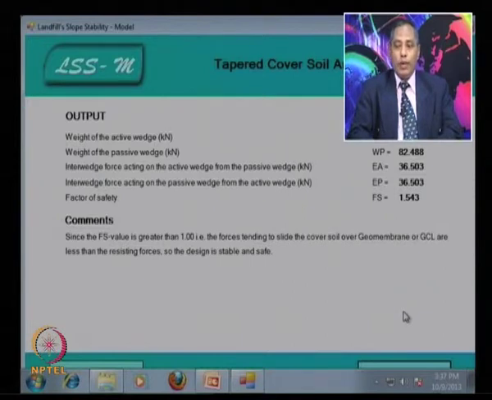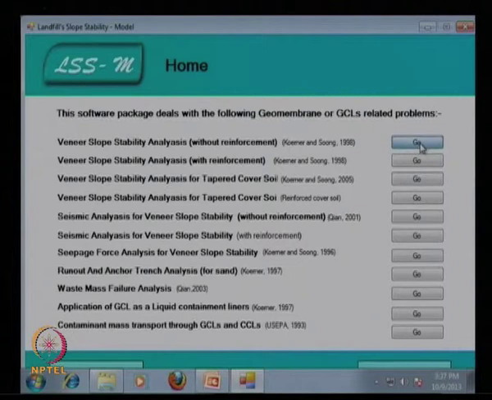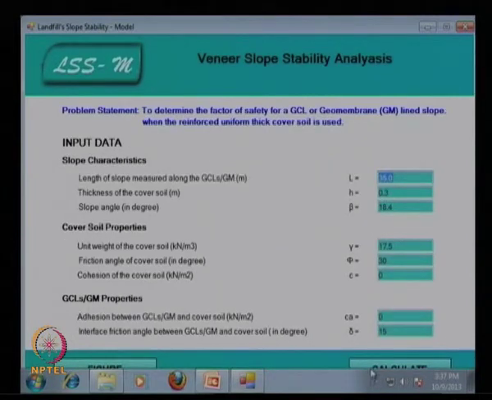Since the factor of safety value is greater than 1, that is the force tending to slide the cover soil over the geomembrane and geosynthetic clay liner are less than the resisting forces, so the design is stable and safe. Now if I go for this